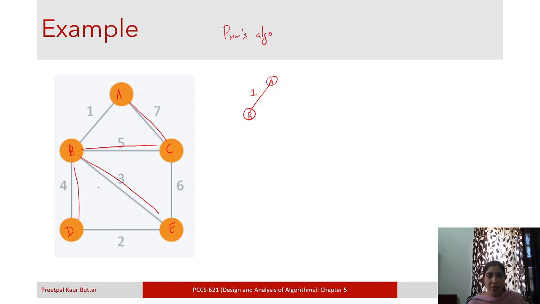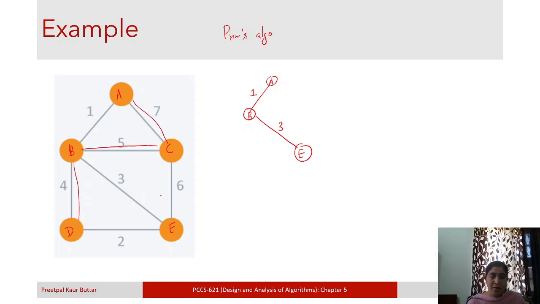Out of these 4 options, the minimum is the edge which is connecting it to E. So we will pick this. Okay, so now our tree has grown and now it has taken 3 nodes, right? Let me mark this. We have included this.